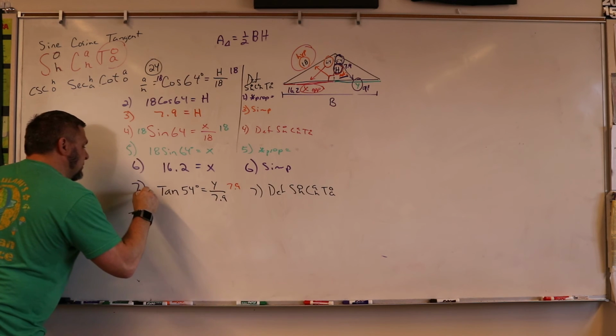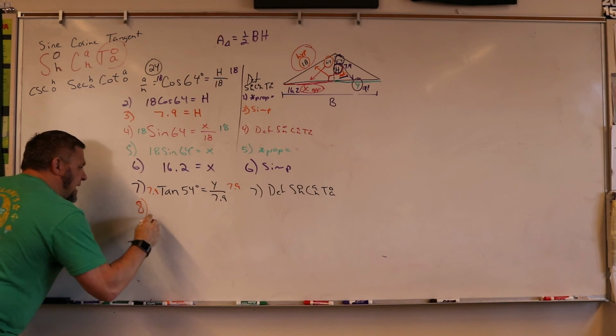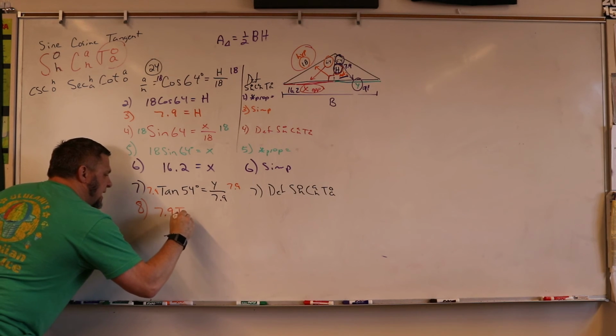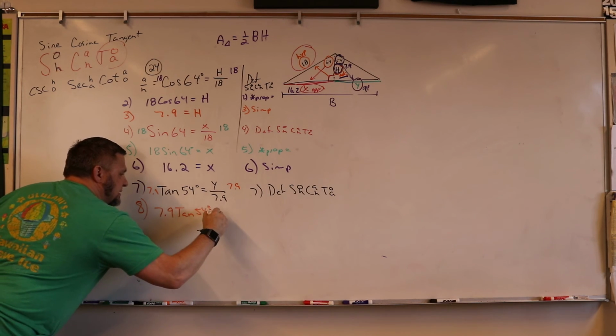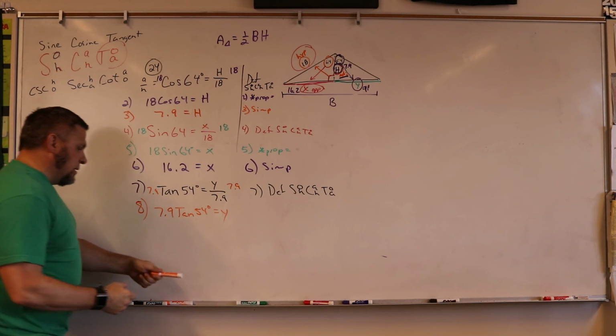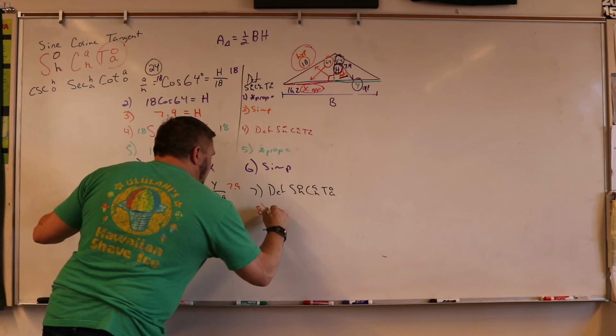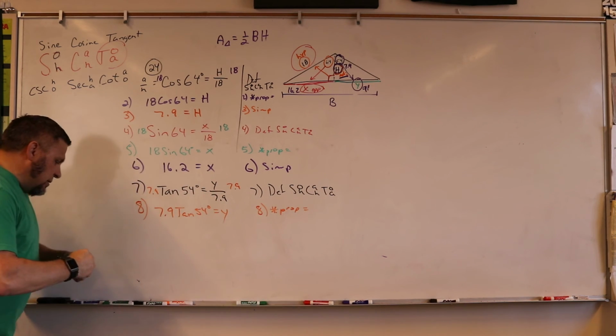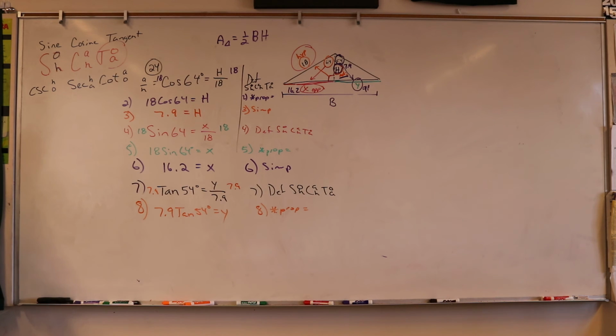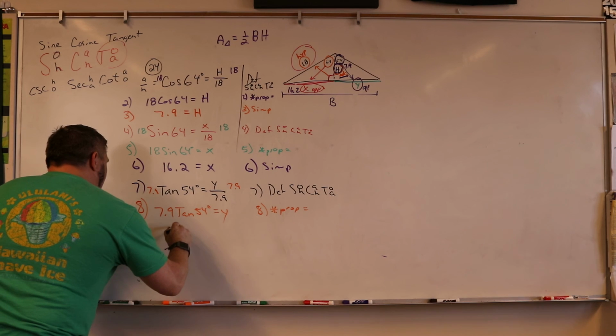Next? Multiply by 7.9. So step 8 is 7.9 tangent 54 degrees is equal to y. Okay? So that is multiplication property of equality. Okay? And then we just simplify. Okay? So we're going to do 7.9 times tangent 54, and that's going to be our y. So when we simplify, we got 10